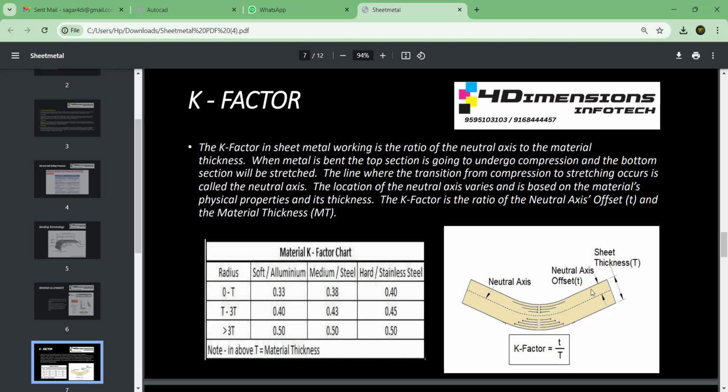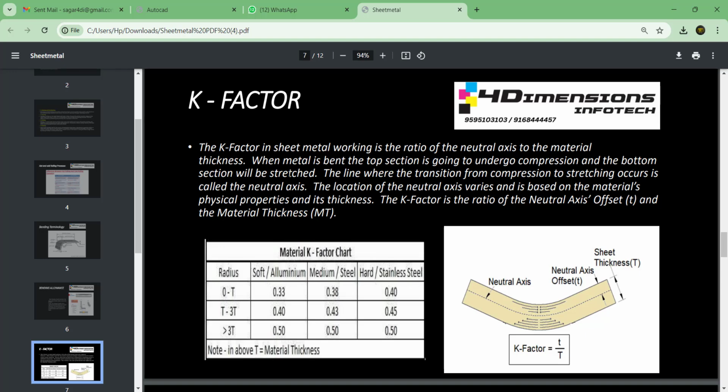So this is referred to as small t, and the total thickness, that is sheet thickness, is referred to as capital T. So the ratio of small t by capital T is nothing but K factor. Further you can read here, when metal is bent, the top section is going to undergo compression. You can see here, this top section is going to undergo compression here,